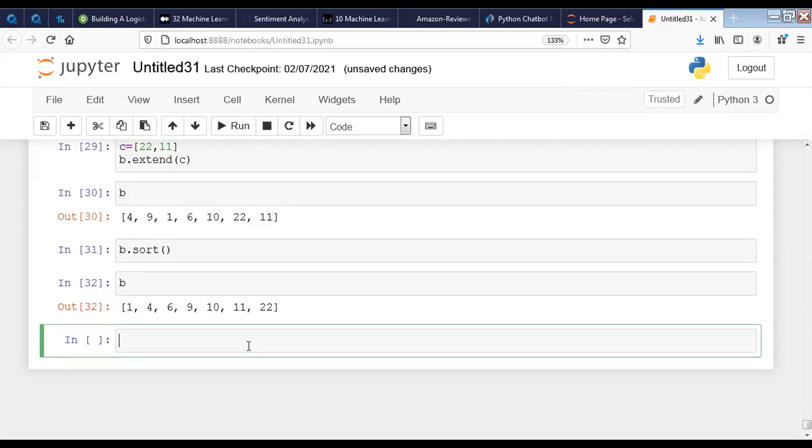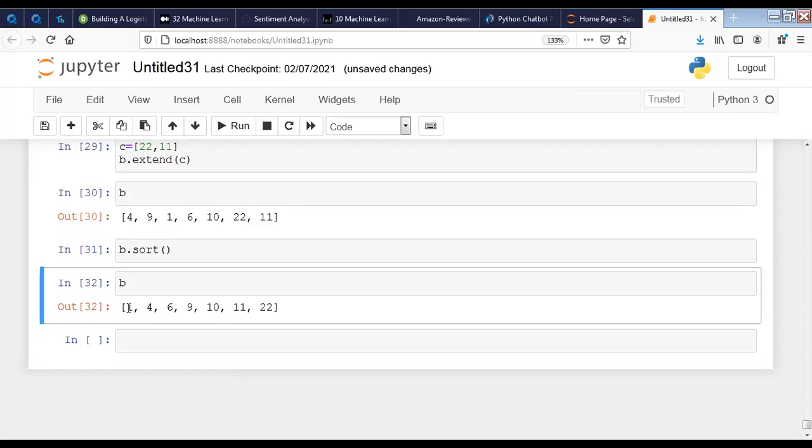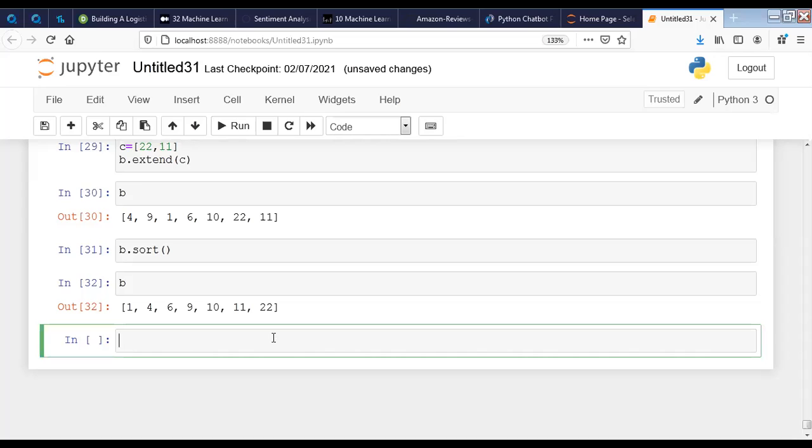Sir, sorting means only ascending to descending? Now sorting by default is doing ascending. But sorting doesn't mean only ascending. Sorting means just arranging each and every element based on their value or importance. That is sorting. So in case you want descending order, it is better to use